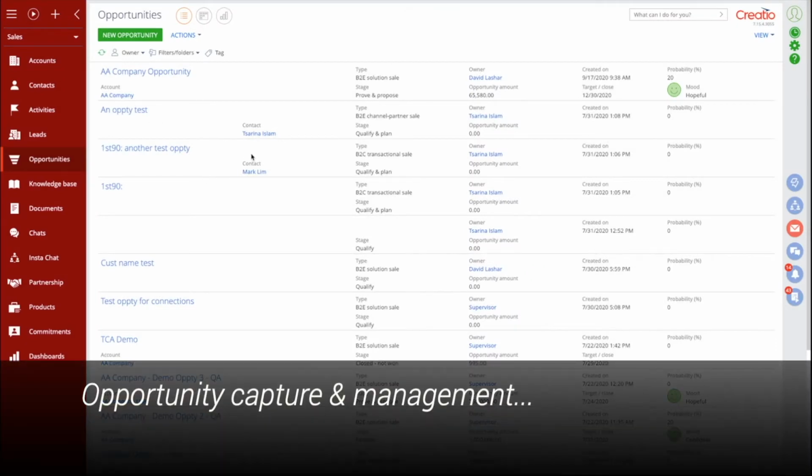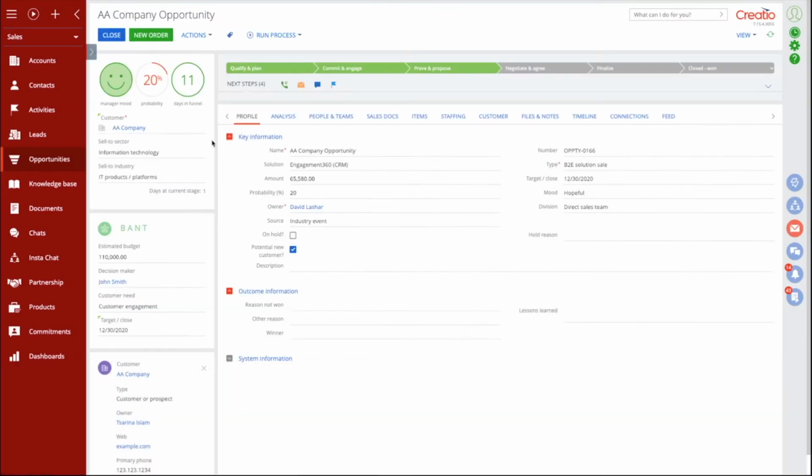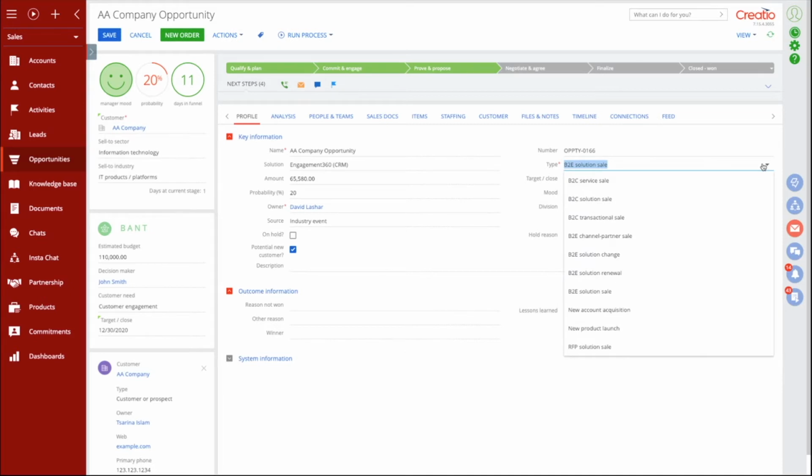Speaking of opportunities, let's take a look. Here we have an opportunity that moves through its stages, its life cycle, its path, and we collect the main information that is attendant to any opportunity: the amounts, the probabilities, the dates, and of course, who the opportunity is with. And what is special about the Creatio platform and our configuration thereof is that as a native capability, we can